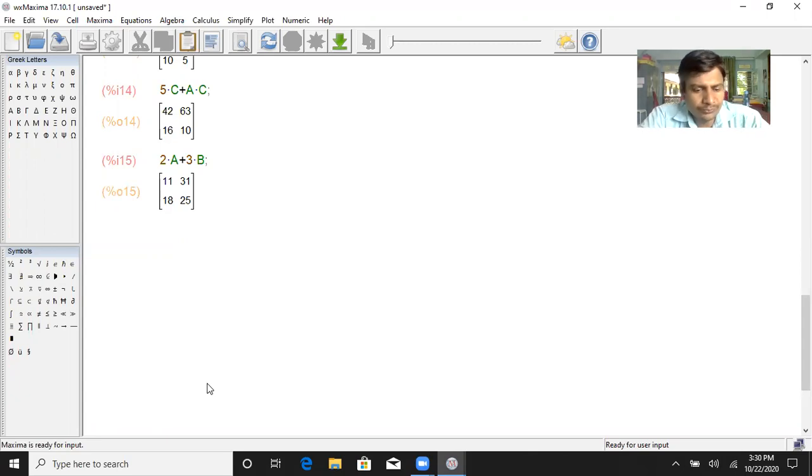Okay, next go to next one. Suppose we take that is division, that is A divide B. A divide B, then semicolon. The semicolon is important. Okay, that is A divide B. Verify this one. That is A matrix divide B matrix means that is 1 by 3, 2 by 9, 3 by 4, and 1.